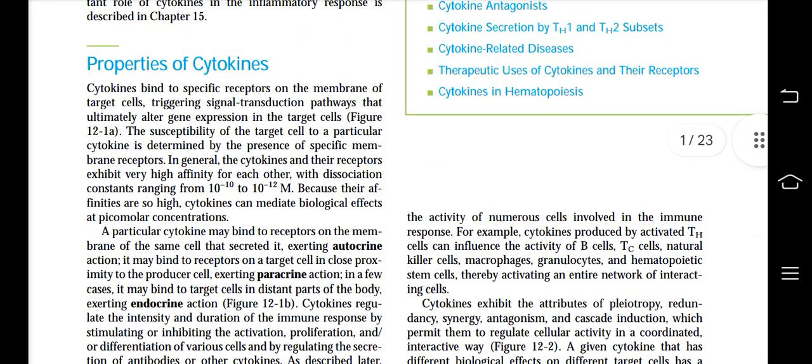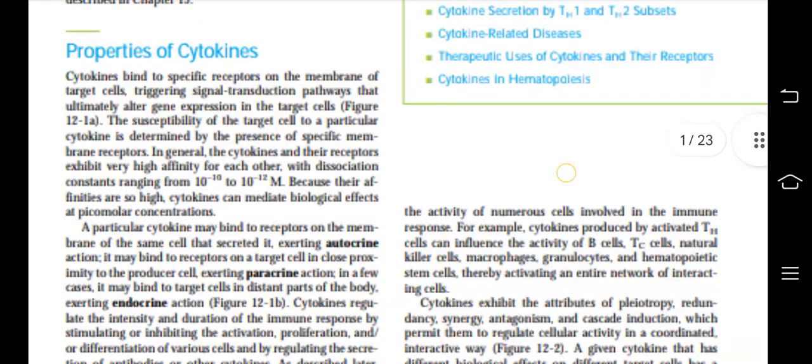Then properties of cytokines. Cytokines bind to specific receptors on the membrane of target cells, triggering signal transduction pathways that ultimately alter gene expression in the target cells. The susceptibility of the target cell to a particular cytokine is determined by the presence of specific membrane receptors. In general, the cytokines and their receptors exhibit very high affinity for each other,